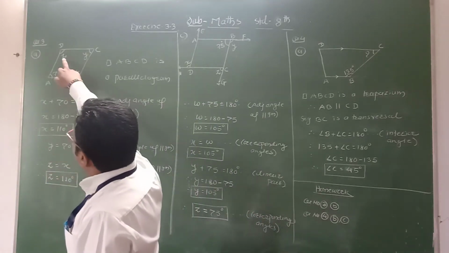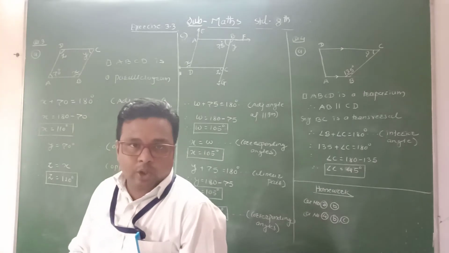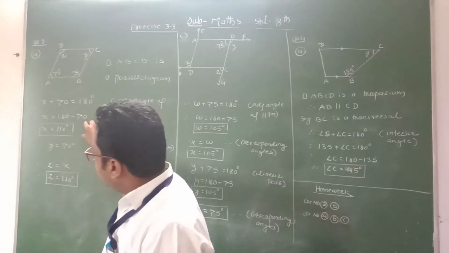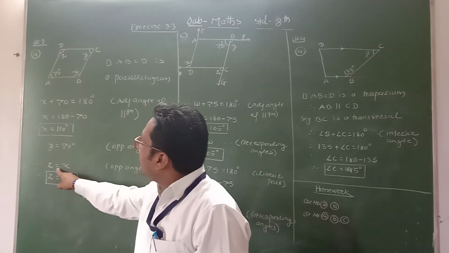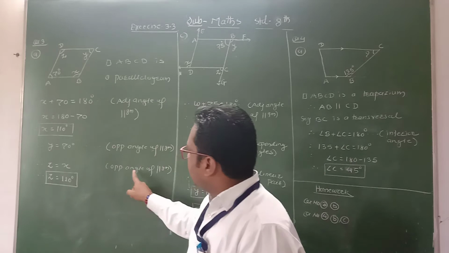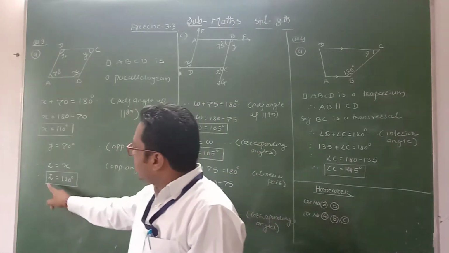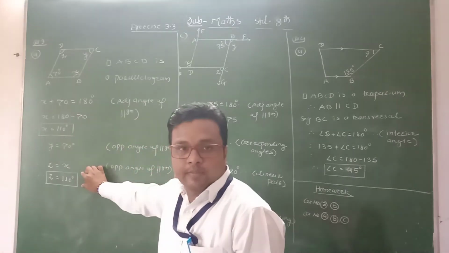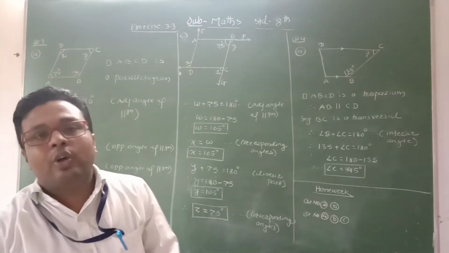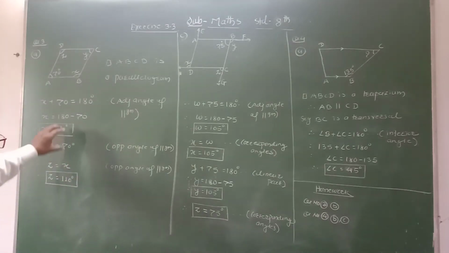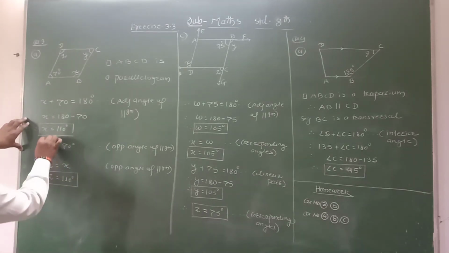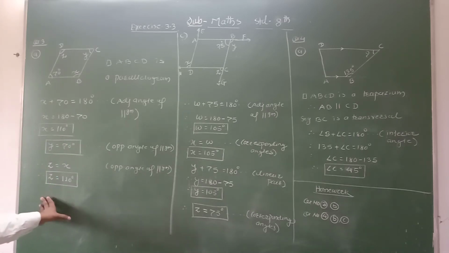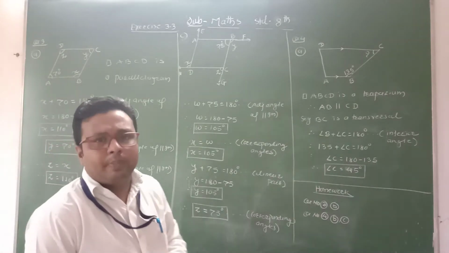Now z and x are again opposite angles of the parallelogram, which are equal. The value of x we already found is 110 degrees. Therefore here I write angle z is equal to x, opposite angle of a parallelogram. Therefore z is equal to the value of x, which is what? 110 degrees. Here I put 110 degrees. Okay. In this way we get the values of x, y and z. x is equal to 110 degrees. y is equal to what? 70 degrees and z is equal to 110 degrees. Clear student? Here we use the properties of the parallelogram.